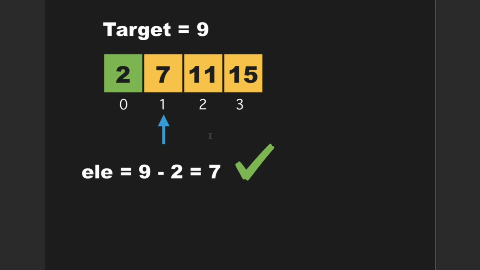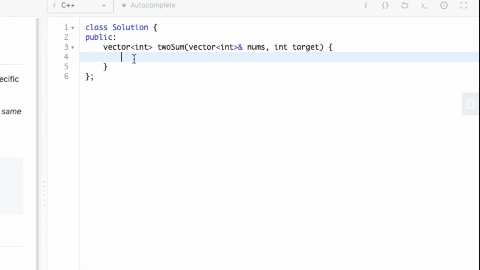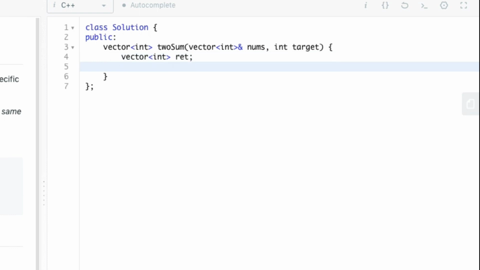So let's begin with the code. Firstly we need to create a vector which contains the return indices of the two numbers. Let's also create an iterator for the vector.